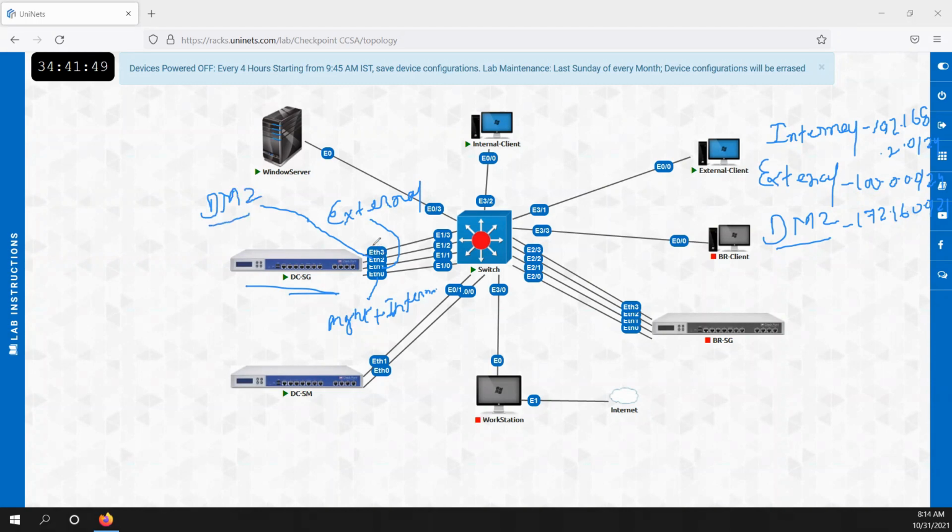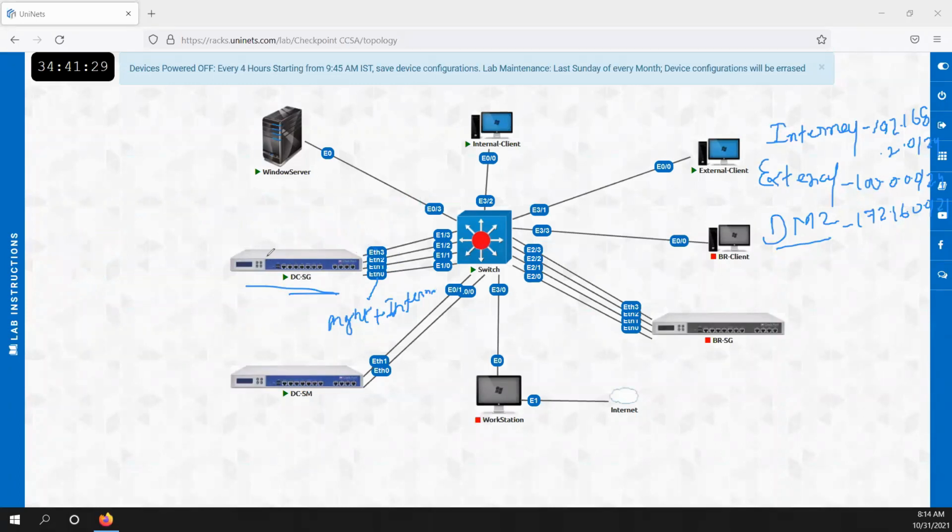And Ethernet 3, not today but in a later lab, we will use as an HA port. So this is how we will do it.